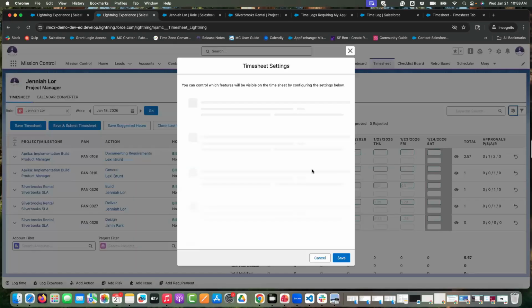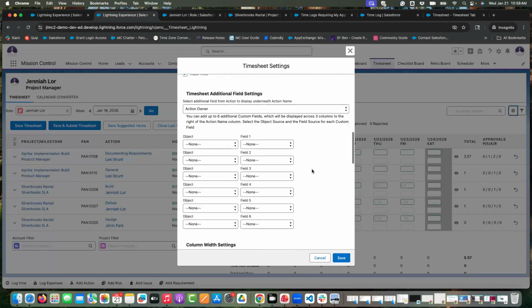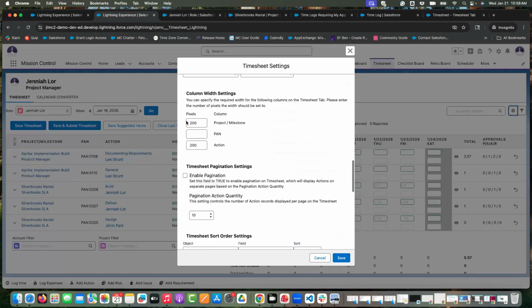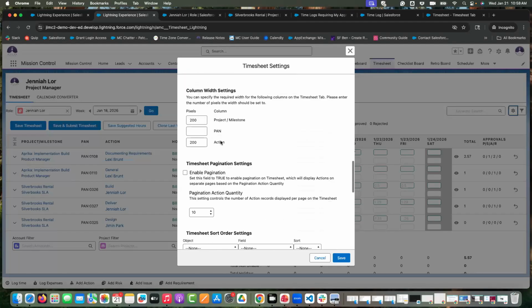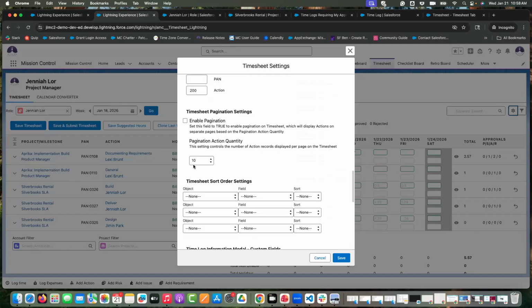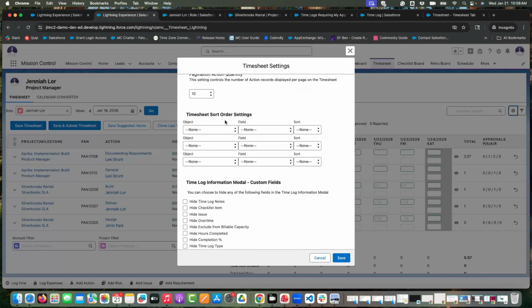Awesome. As we go down our timesheet settings, we've looked at expanding our WIPs. We looked at those custom fields that you can add onto the timesheet. We looked at pagination, the timesheet sort order. So these actions are going to sort in the order of the default setting, which is project, milestone, action in ascending order. And so it's going to default like you see A to Z first, right, on the project and